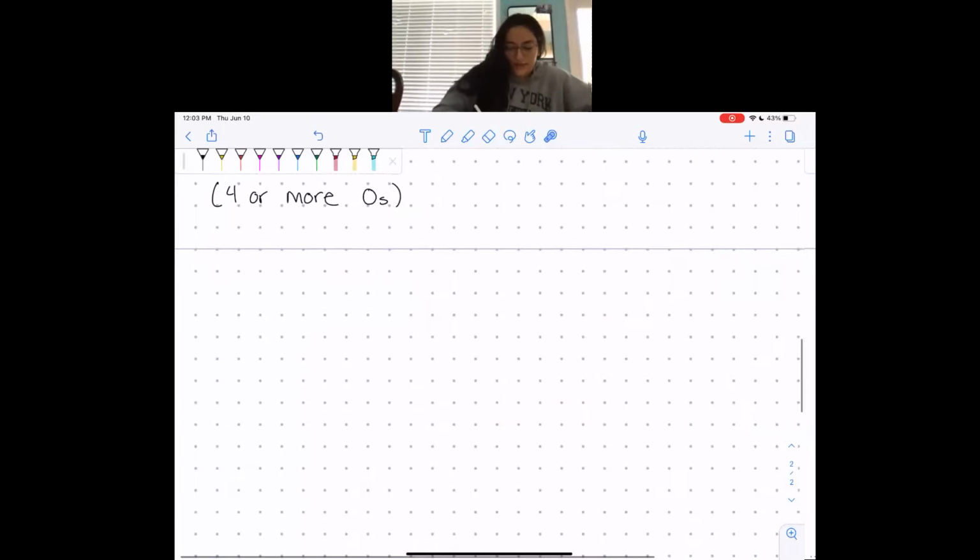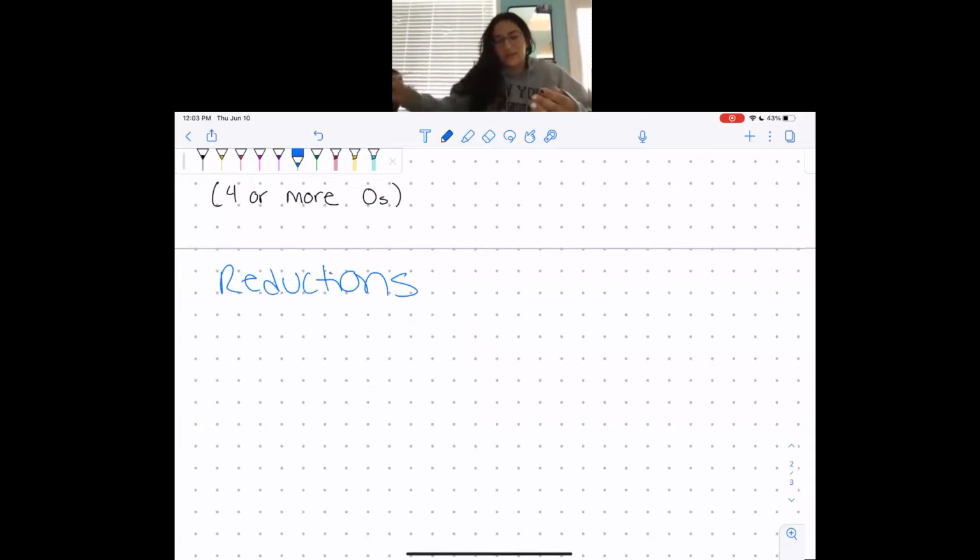So let's do reductions, which are more fun to me because we actually get to do the mechanism. Students tend to hate it at first, but it's not as bad as people think it is. So we got this. Just stay with me. All right. So the first thing we are going to do is break our molecules into 2 categories. So we have